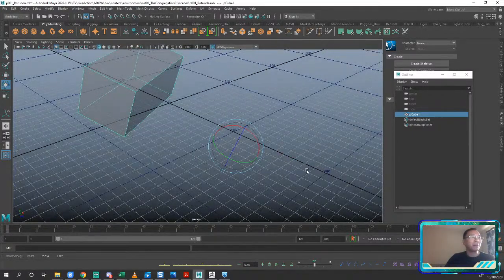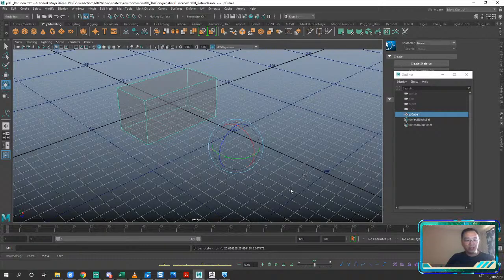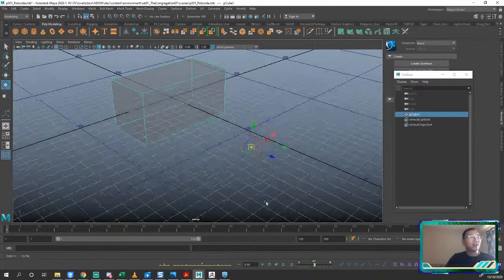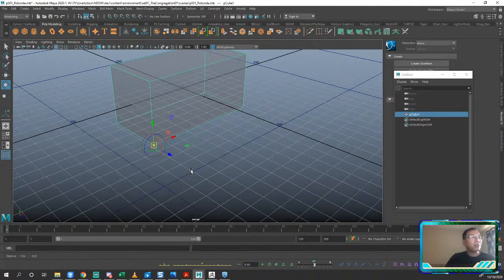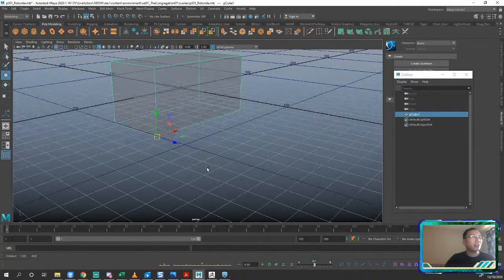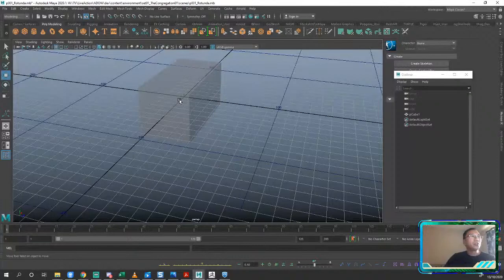So I can rotate it from a grid point, right? I'll hit the insert key to get to my pivot, and I'll hold down V and middle mouse button and snap it to the vertex. It's right there on the vertex. This is industry convention, right? So now